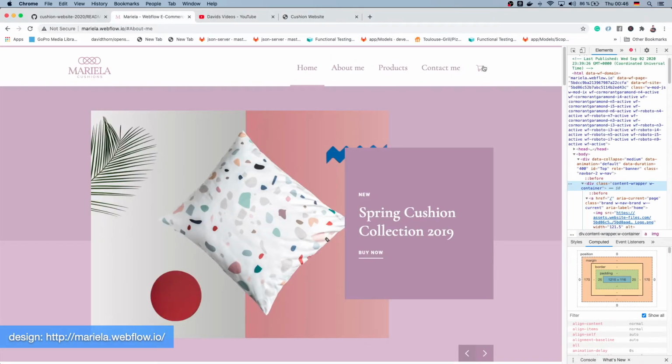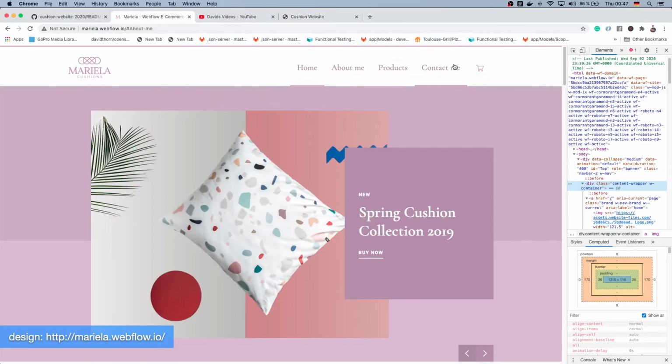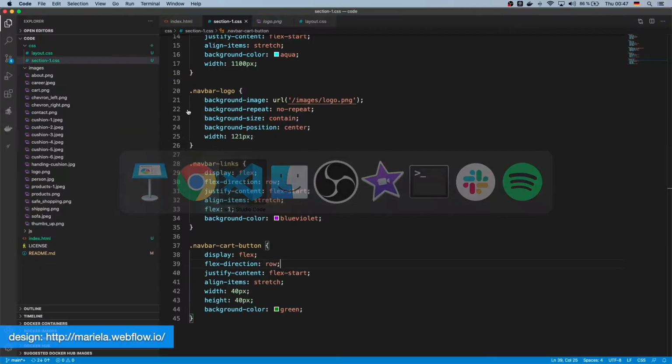Okay, that works out perfectly fine because we can see that our Navbar Links is taking up the most amount of room, and it's pushing our Navbar cart all the way to the end. So this is exactly what we wanted. Now, obviously, we want the buttons to sit down a little bit, but we'll sort this out in a minute. And we also want these points to be gone. So we have to